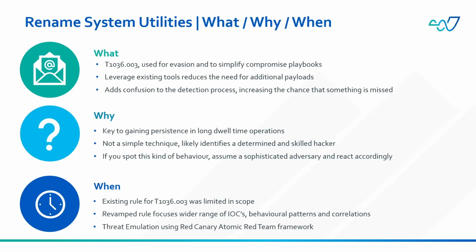Renaming system utilities allows attackers to leverage existing tools present on the target system, meaning that the requirement for additional payloads after initial access is greatly reduced. Likely more importantly, the ability to use legitimate binaries for malicious purposes is liable to add significant confusion into the detection process for defenders. You might not expect notepad.exe to make network connections, but if the attacker instead renames the notepad executable to msedge.exe, your detection rules are much less likely to be alarmed, hiding suspicious behaviours inside of trusted